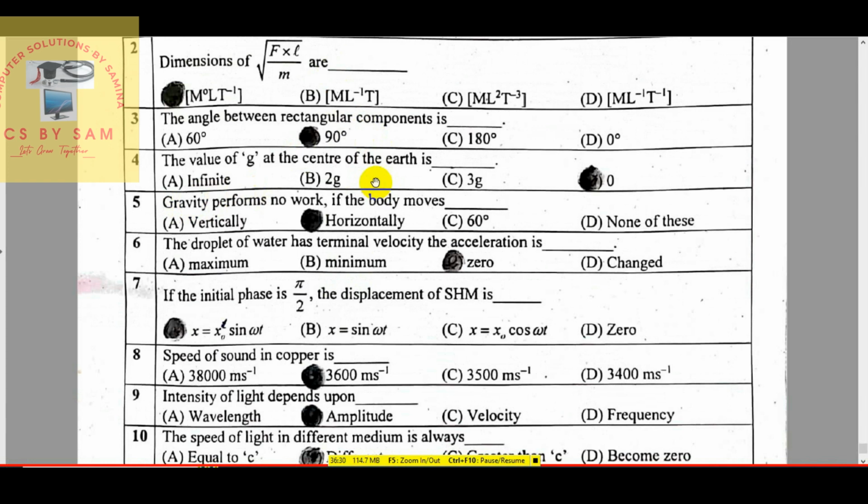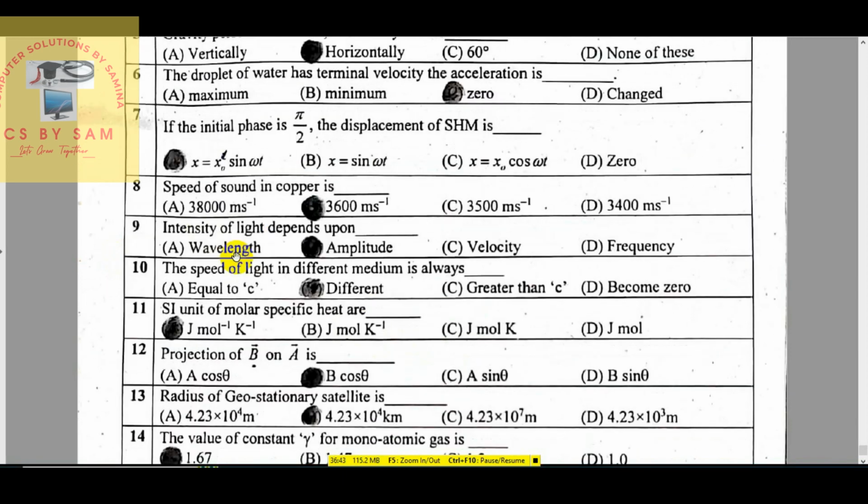The value of g at the center of the earth is 0. Gravity performs no work if body moves horizontally. The droplet of water has terminal velocity. The acceleration is 0. If the initial phase is pi over 2, the displacement of SHM is x is equal to x0 sine omega t. Speed of sound in copper is